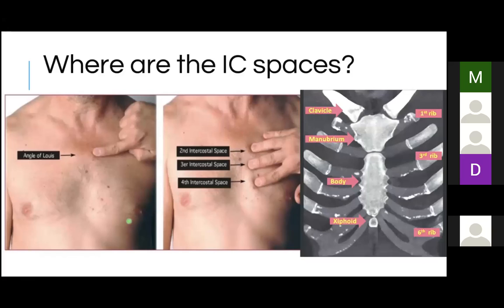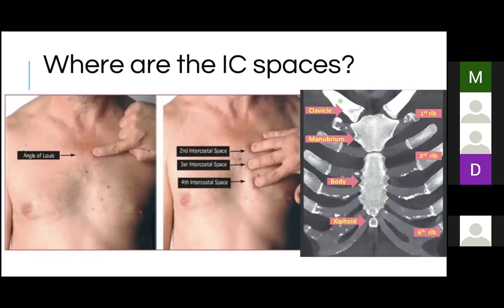But we'll also go over that now. So in terms of the intercostal spaces, I think this is very important because I've seen quite a lot of people asking about how you actually know where the different valves are and where the intercostal spaces are. So if you all feel on yourselves now,